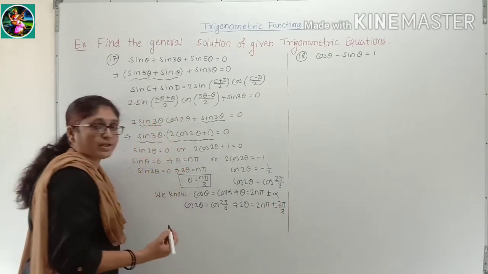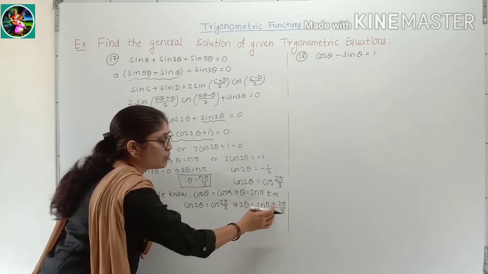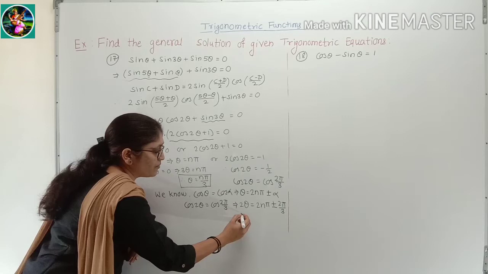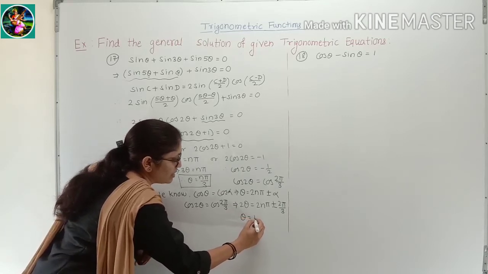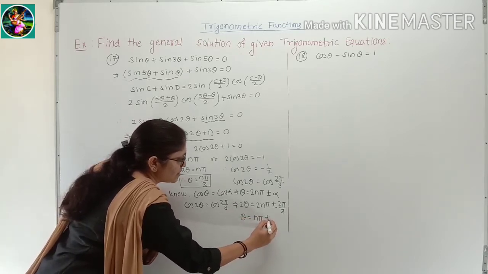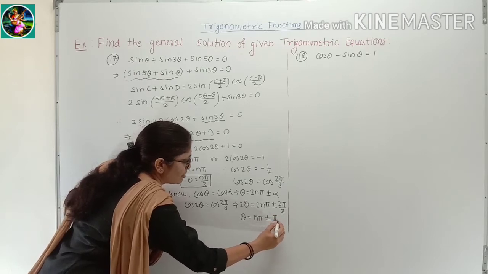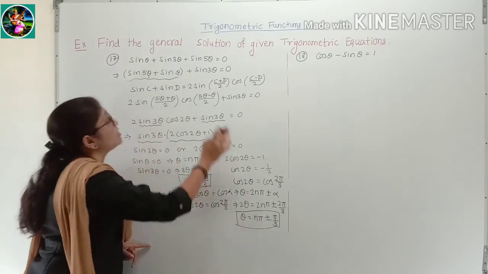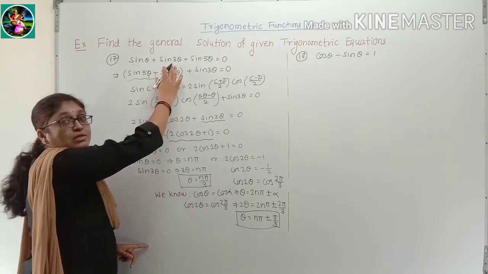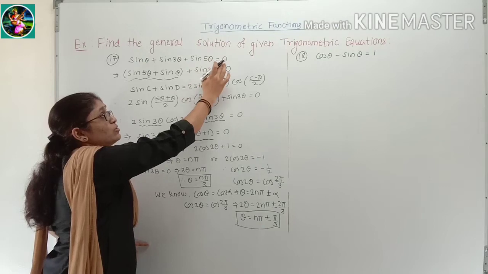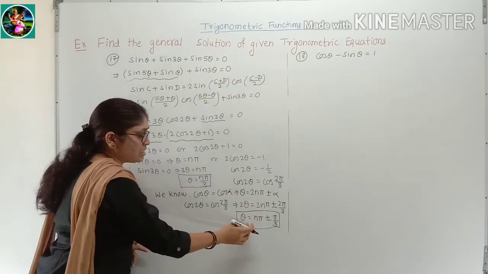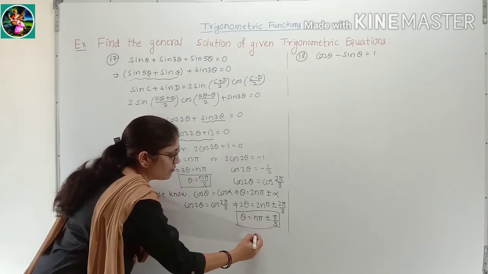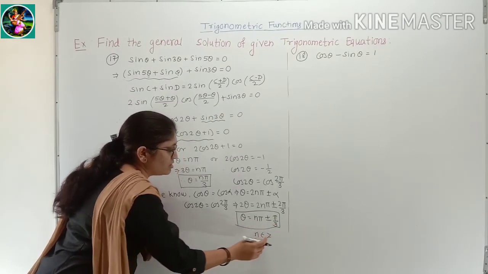Okay, therefore here we write 2 pi by 3. If we take 2 common from the right hand side and cancel with this 2, therefore theta is equal to n pi plus or minus pi by 3. Here we get one more solution for the given trigonometric equation sin theta plus sin of 3 theta plus sin of 5 theta is equal to 0, that is theta is equal to n pi plus or minus pi by 3 for n belongs to Z.